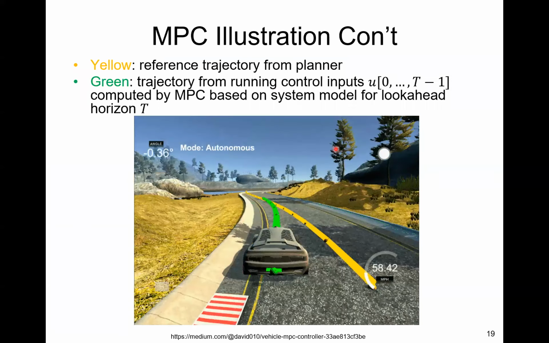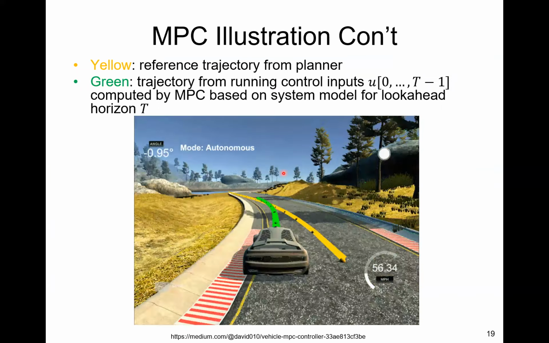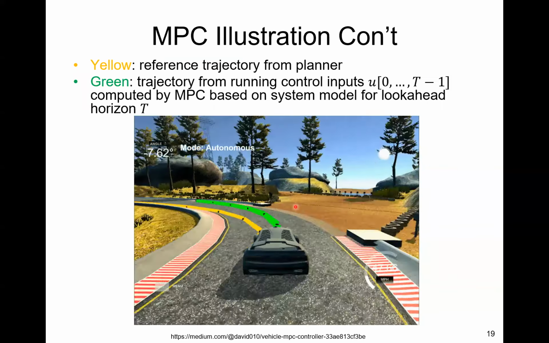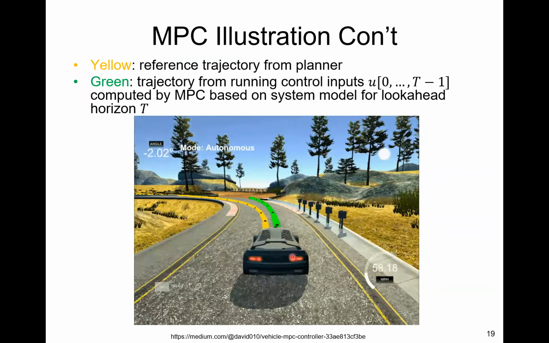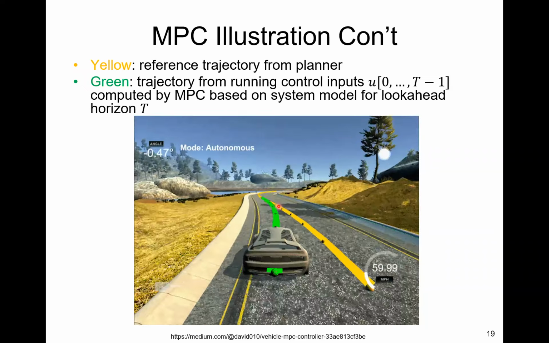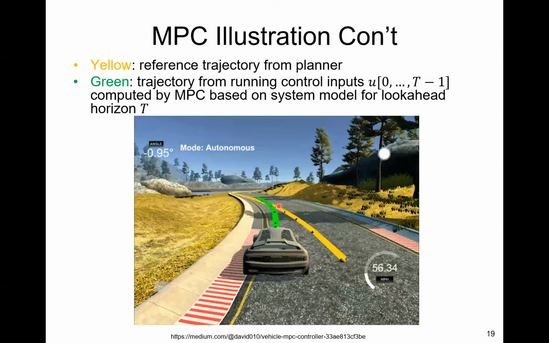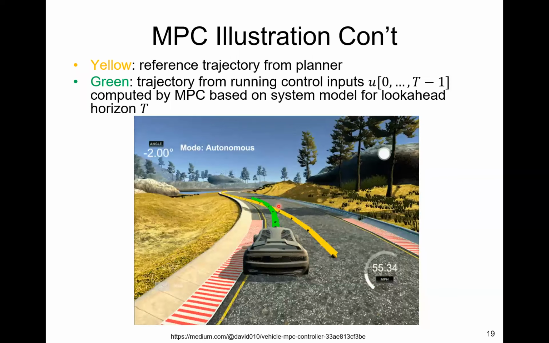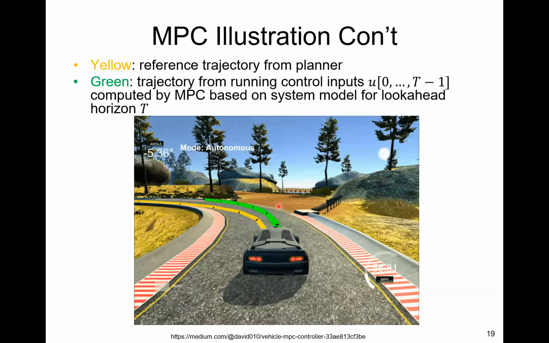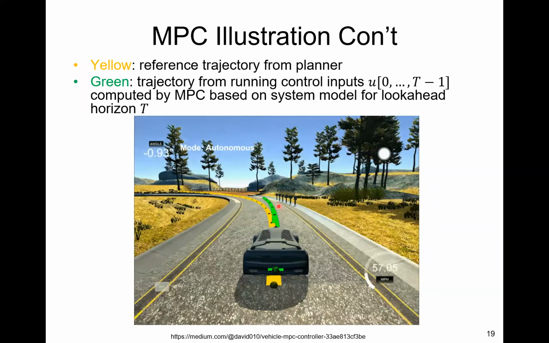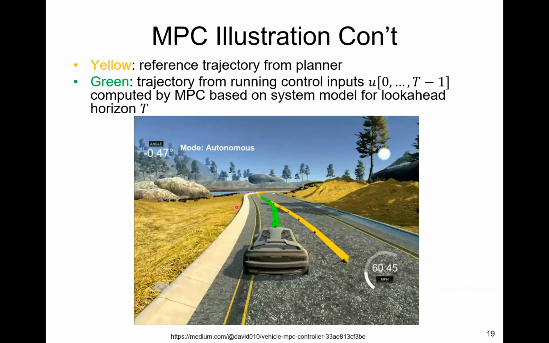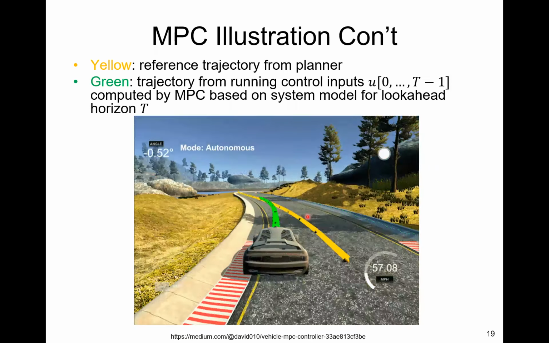So here's an example of MPC control in action. This is Udacity's driving simulator. I mentioned before, Udacity has this course for self-driving car engineers. They have the simulator and some assignments for doing MPC control. The yellow is the reference trajectory from the planner, and the green is the trajectory from running the control